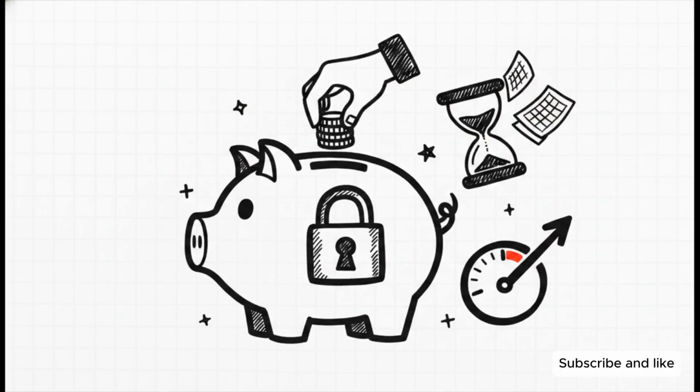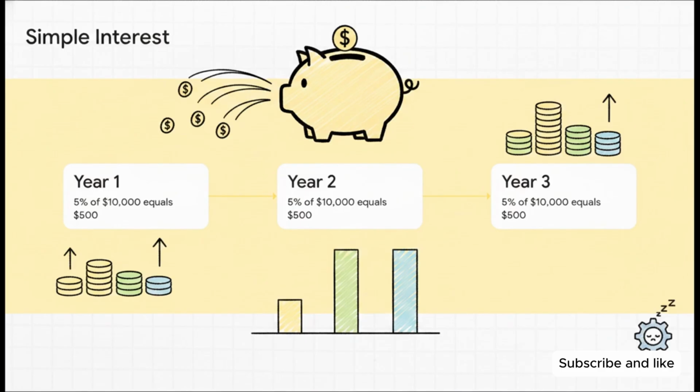Let's put this into a concrete 3-year financial experiment. Imagine you walk into a bank, right, and you deposit exactly $10,000 into a high-yield savings account offering a pretty solid 5% rate. And you leave that money completely untouched for 36 months. No withdrawals, no extra deposits, nothing. Let's run this exact scenario through both the simple interest model and the compound interest model to really see where they diverge. Starting with our control group, let's look at the simple interest breakdown.